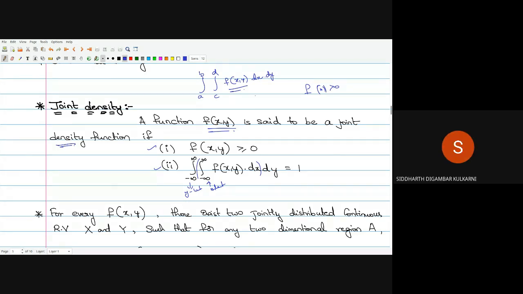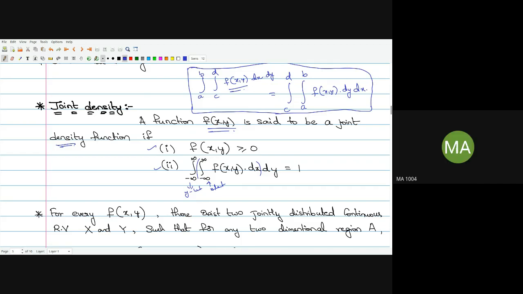What I was saying is, in this double integral, suppose we keep dy in the middle and dx outside. Sir, will it change the value of the integral? It will not change if you change this integral also. Suppose the outer integral is minus infinity to infinity with dx instead of dy, and inside we have dy with the inner integral again from minus infinity. Will it give the same result? Same result.